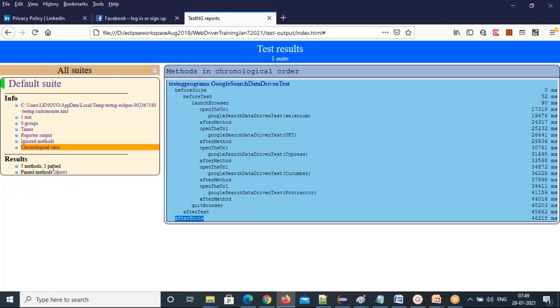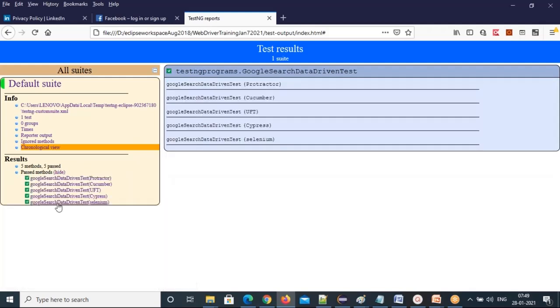You can see 5 methods, 5 passed. You can click on show all the methods, and it will show it to you. This is the index.html report. And let's see the next report,